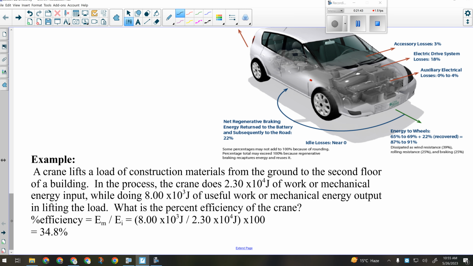Okay, so let's look at this example here. If I've got a crane and it lifts a load of construction materials,